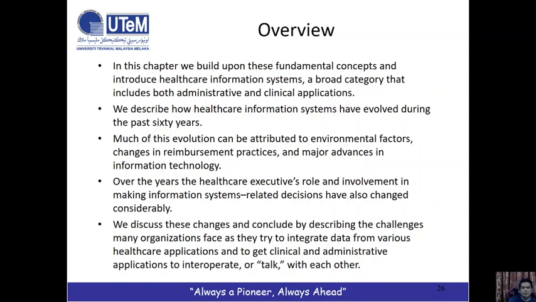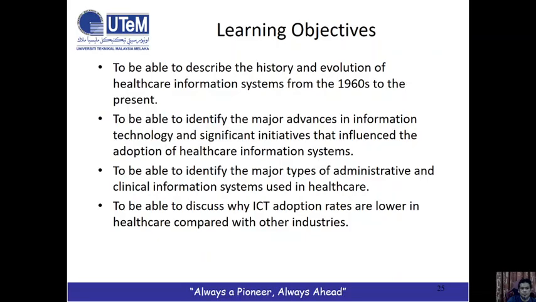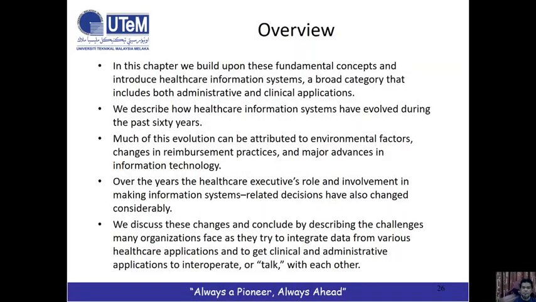In this chapter, we build upon fundamental concepts and introduce healthcare information system, a broad category that includes both administrative and clinical applications. We describe how healthcare information systems have evolved during the past 60 years. We also discuss the evolution that is attributed to environmental factors, changes in reimbursement practice, and major advances in